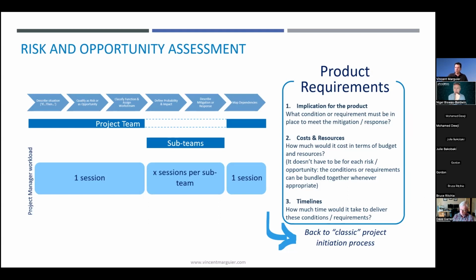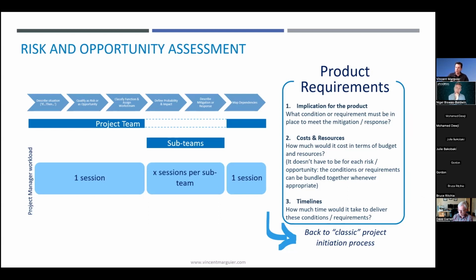The last session mirrors the first one, where the sub-teams are back together as a whole team to reconcile and discuss their risk responses, and therefore agree on the requirements to be defined, because some of the responses from a sub-team may depend on the ones from another. So mapping this dependency may provide insight on adjusted timelines, cost, resources needed, just like in a regular product requirement session.